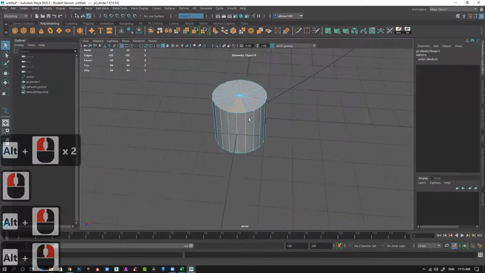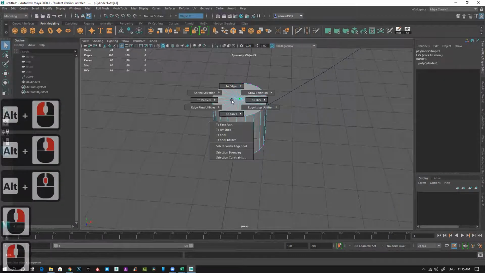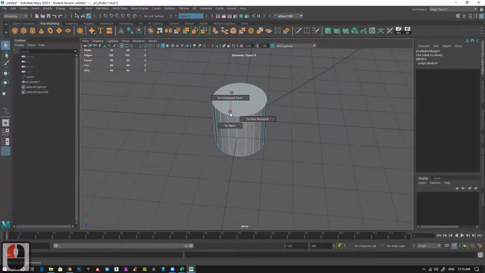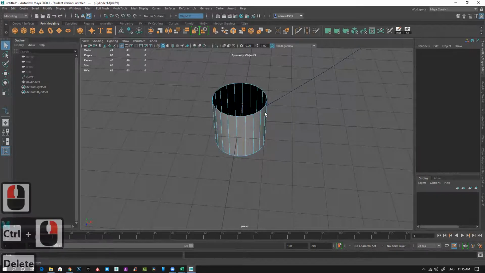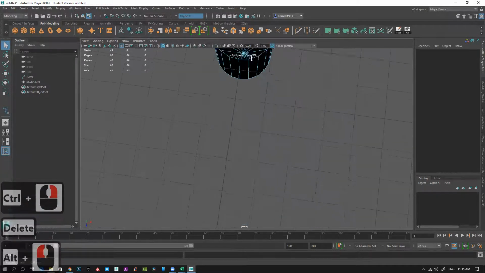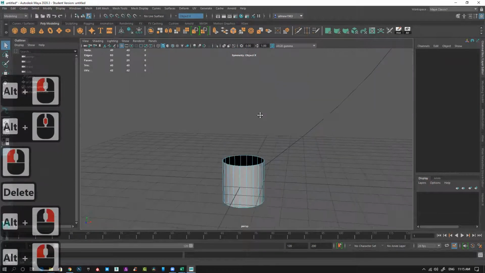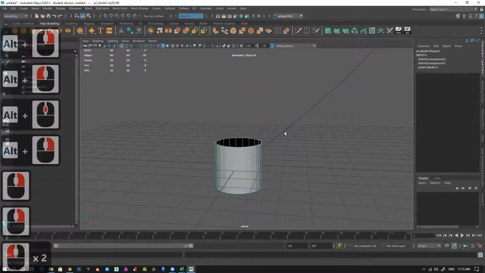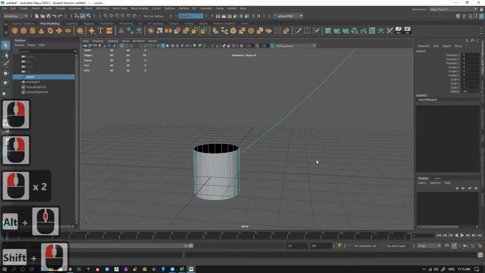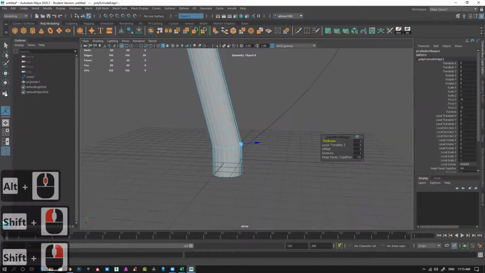Symmetry is on, so I can select this vertex, control, right click, to face. It will select all the connected faces to that particular vertex. Delete. Similarly, delete. Now edge, select this and select this edge, extrude.